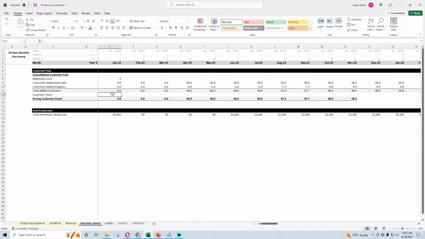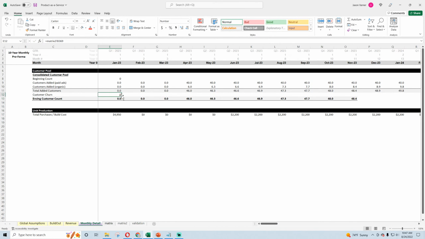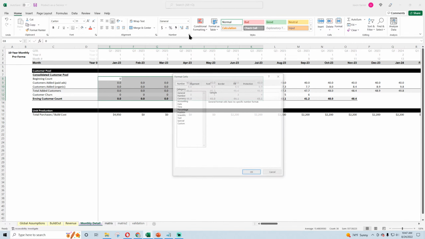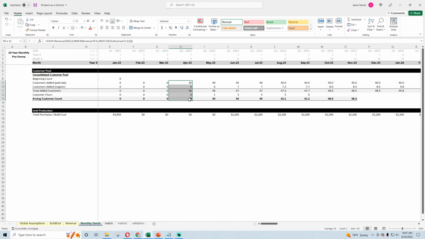All right, so all that work was to get this churn number here and plug it in here. This is how many are lost, and we're going to go no decimals on this.